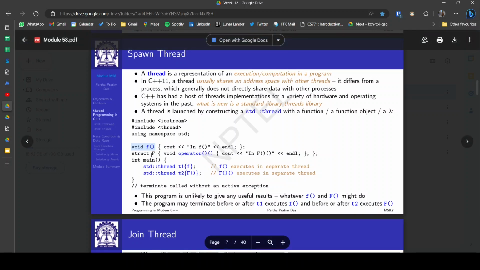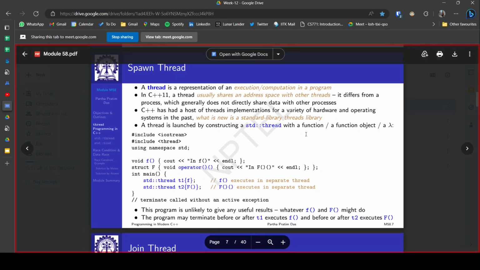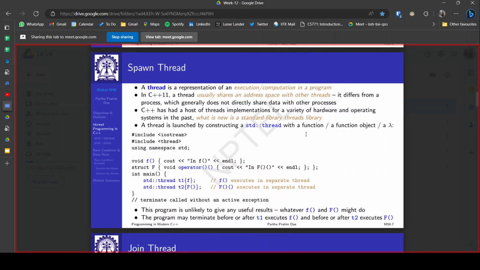We have two functions actually, and then we create two threads with each of these functions, and they will execute parallelly